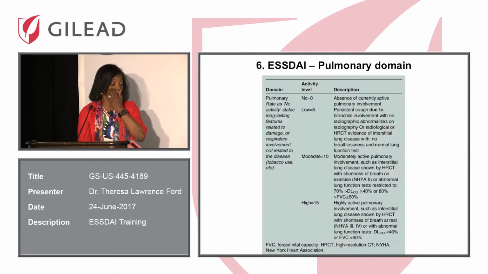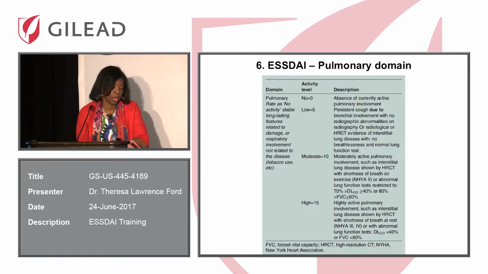So we're going on to the pulmonary domain, which is a little bit more wordy, and I'll go through this. We rate as no activity if it's stable, long-lasting features related to damage or respiratory involvement not related to the disease, such as tobacco use or some other toxin. No would be the absence of any currently active pulmonary involvement. A low, which would be a 5, would be a persistent cough due to bronchitis and bronchial involvement with no radiographic abnormalities on